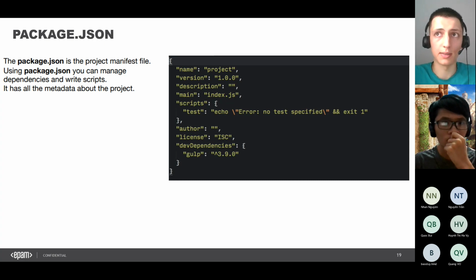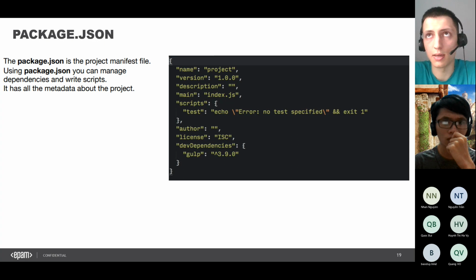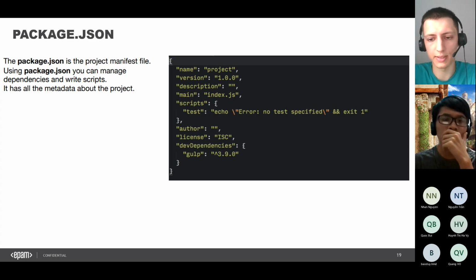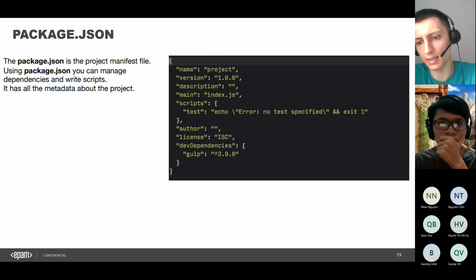For example, a framework is an example of a required dependency, because our framework is an important part of our application. But for example, let's say TypeScript, or for example ESLint, or I don't know, test utils, all these libraries won't be used in production, because TypeScript will be used just to compile our files to JavaScript files.